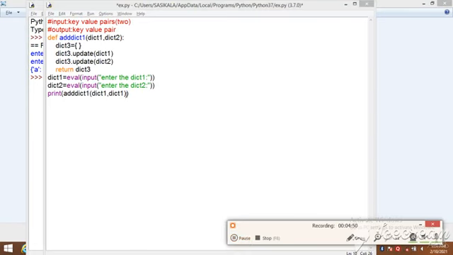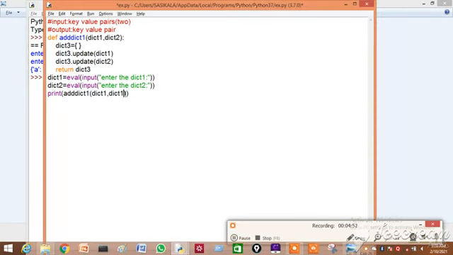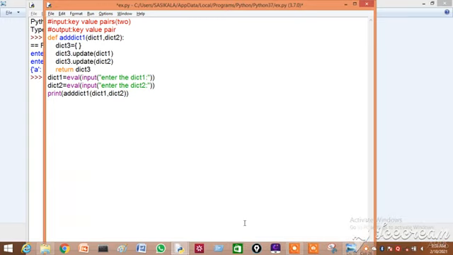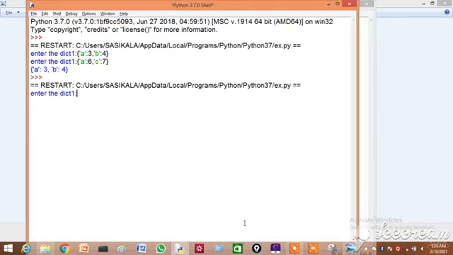Here you can see while calling the function we have given dict1, that's why it is not calling dict2. So here we have to make the change. Let us execute now. Here it asks for a key value pair, A, its value is 3, comma, its value is 4, and we are closing. So we have created one dictionary as input, and one more dictionary. The same key appears. What will it do? Let us see.